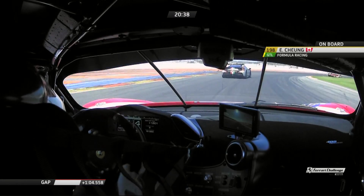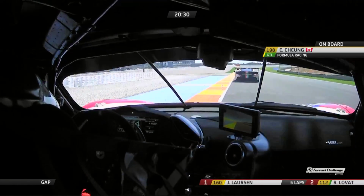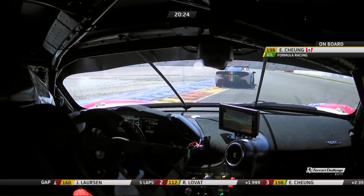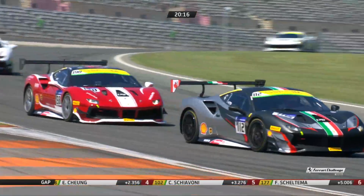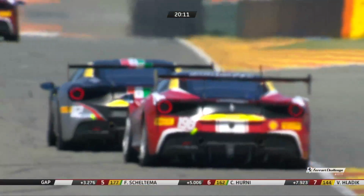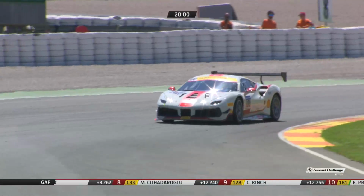On board with Eric Chung now as he chases down Rick Lovett, who, as I said, scythed through the rows like a hot knife through butter right at the very start of the race to find himself in P2, which is the position being chased now by Eric Chung. Using the paddle shift sequential gearbox, as you can see, really pushing that car hard, and also trying to push Rick Lovett into making a mistake. Rick was a bit scrappy there and a bit wide, and that's allowed Eric Chung to get ever closer. Will Eric have a go going into turn one? It's not the easiest place to overtake because you're running downhill,